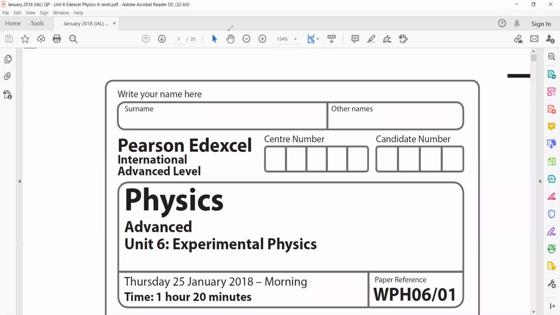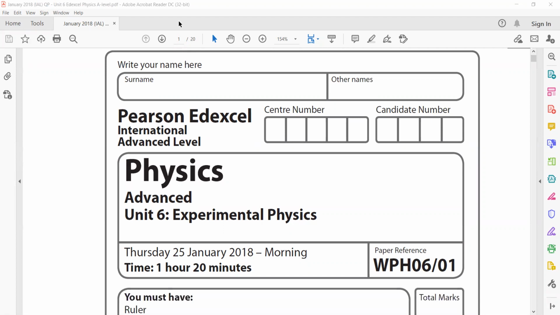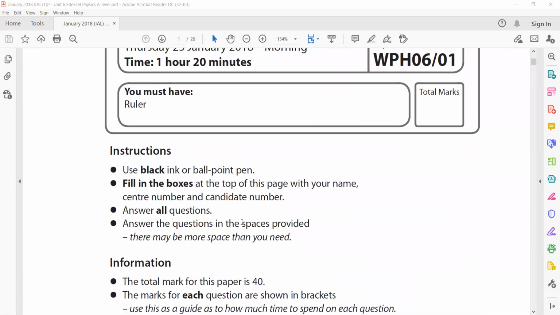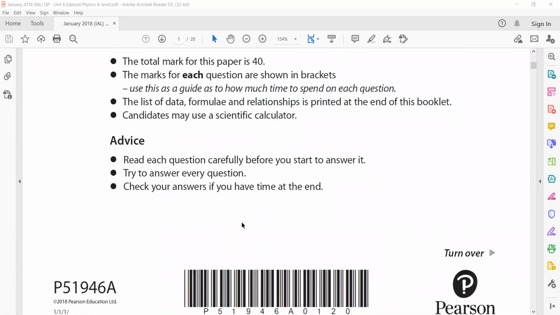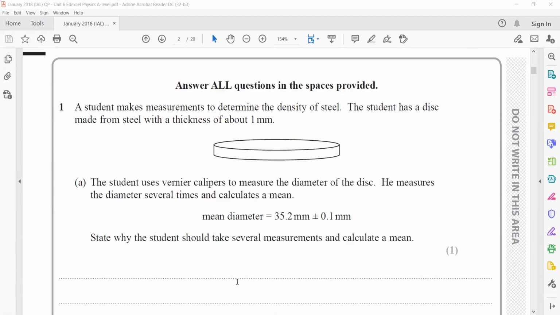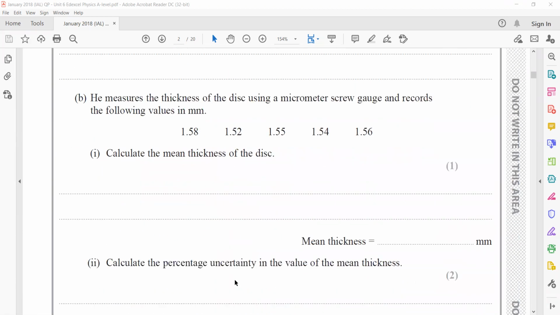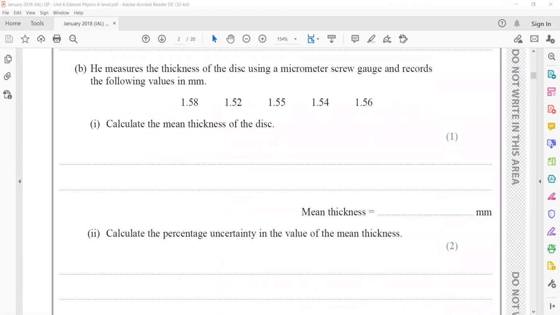January 2018, Unit 6. The doubts related to this question number 1, part B and C. So in this question,